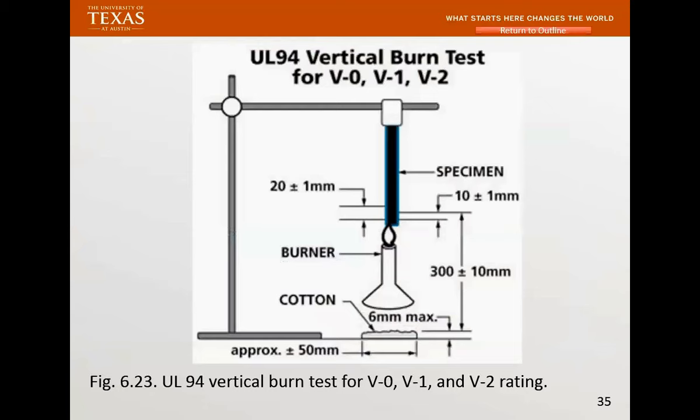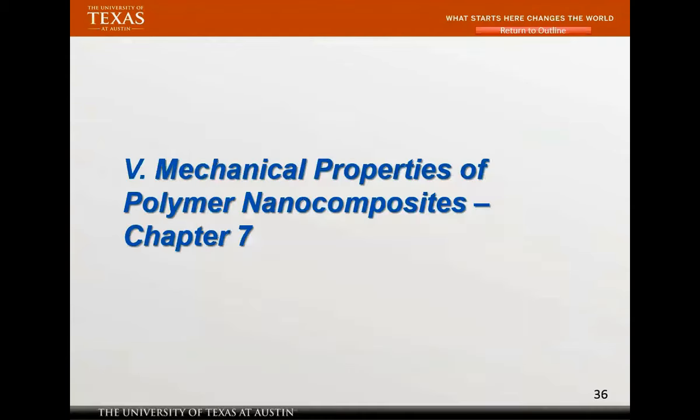So that's what we are in the business of, making material that would pass this test. As a matter of fact, cone calorimetry and UL94 are different tests. They are not the same. You could actually play around with the material to pass the test, UL94 V0. But that's what you do for formulation.